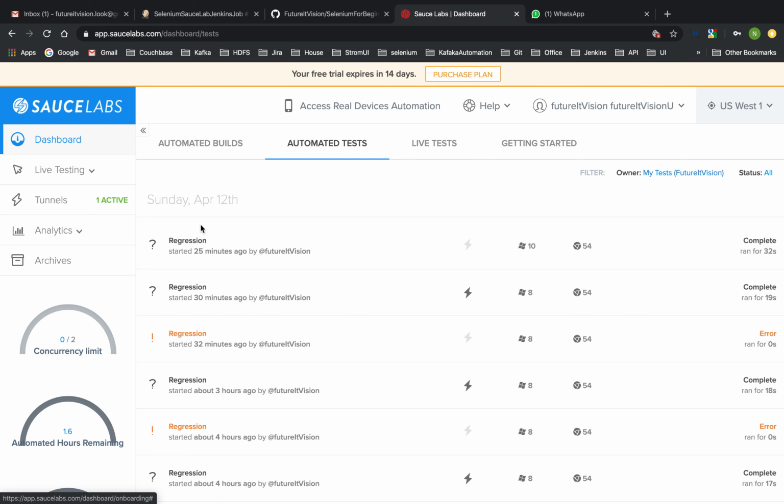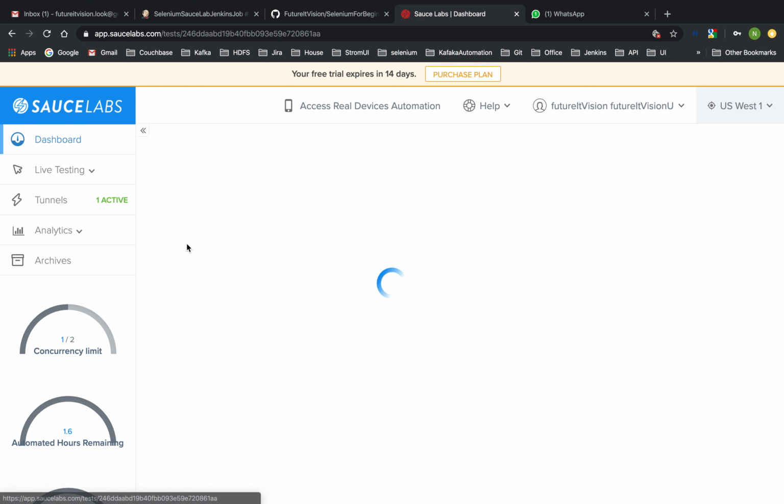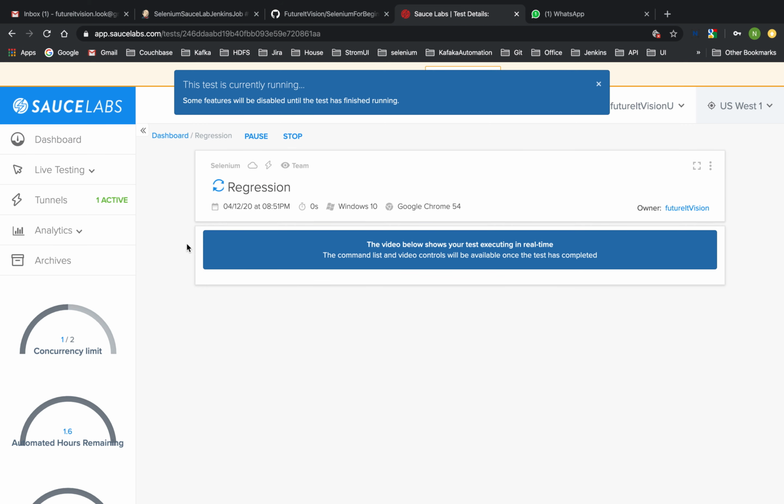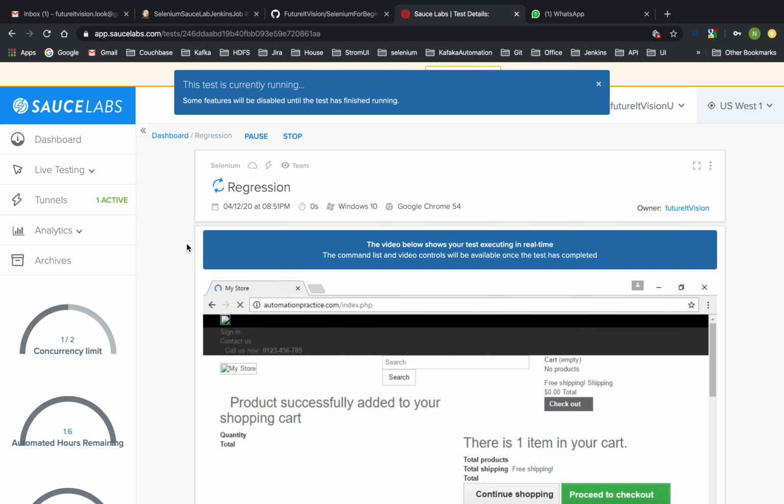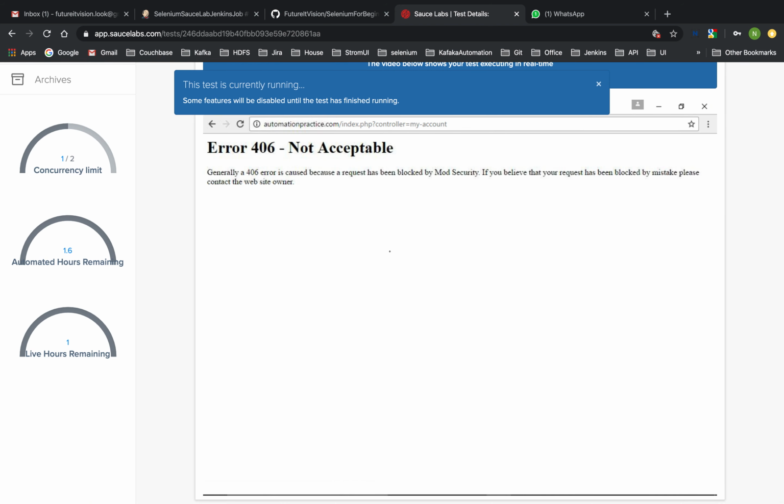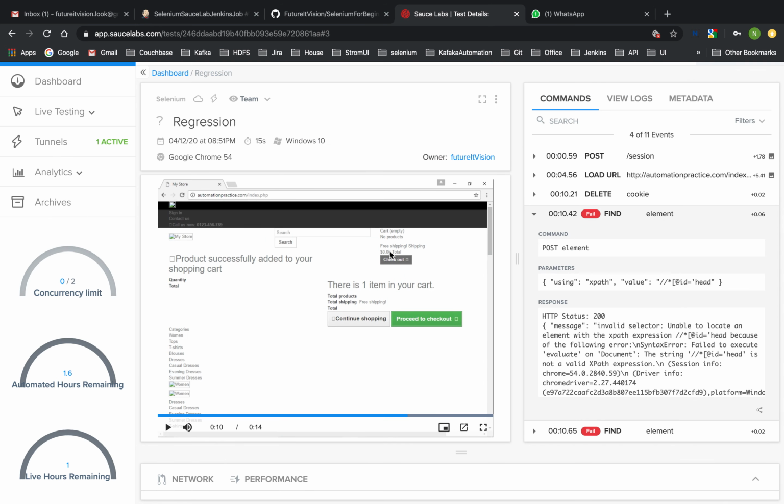Wait, it takes a little bit of time. It already has a session. Boom. Now you don't have to touch your code, you just go here and run your test. The test is failing, that's a different problem, don't mind it, but our test was picked up and was running. There is no problem with that. The problem here may be the version. But you see over here, if you run this,